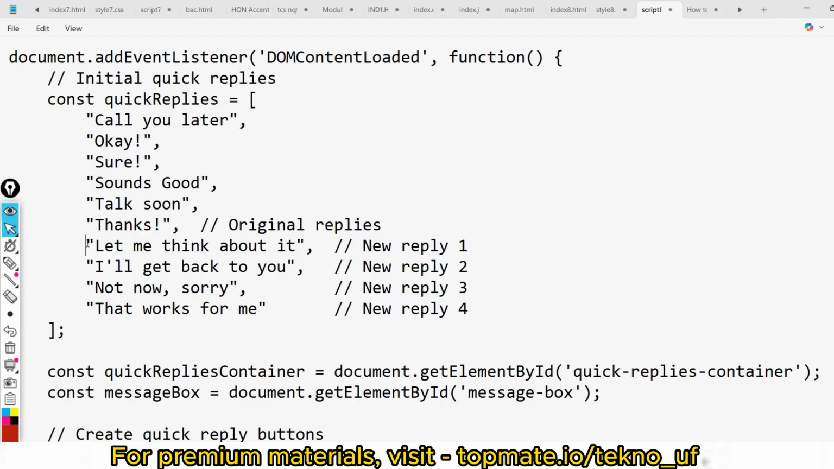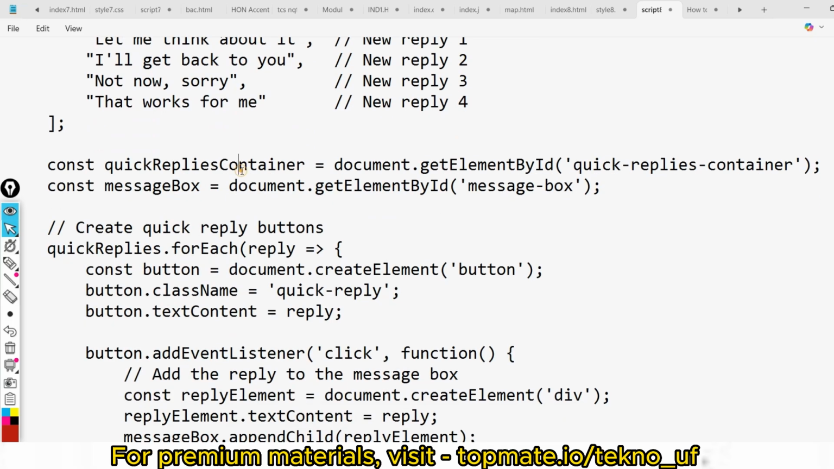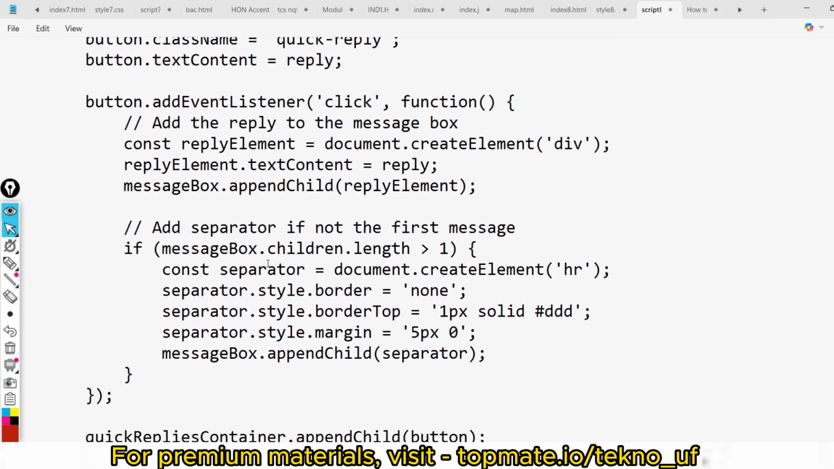You have to add 4 more replies. So in the similar way, just add these. Okay, nothing else, just add these. And then yeah, so these are all will be written. Just you have to implement the logic for 2 things, that is quick reply buttons, and one will be for